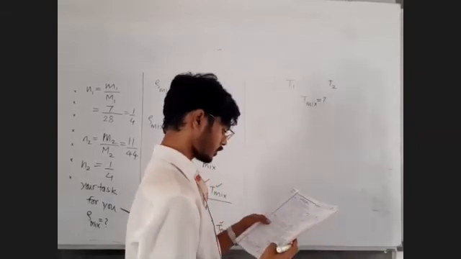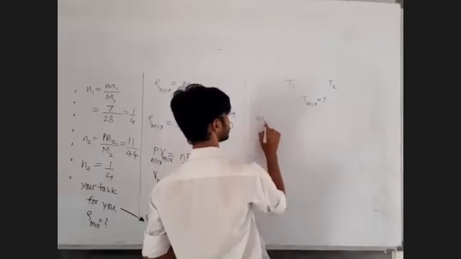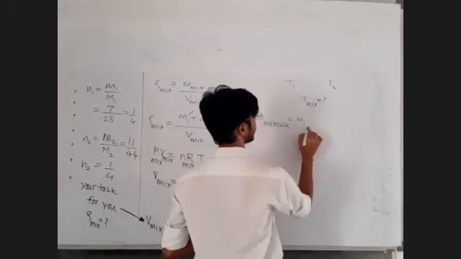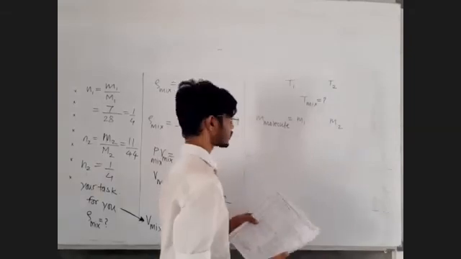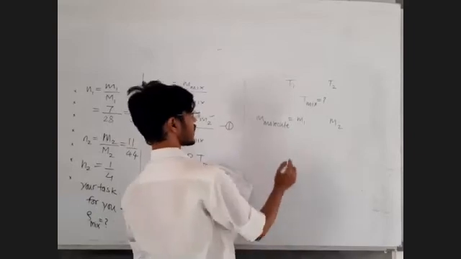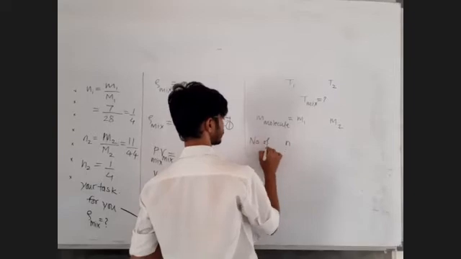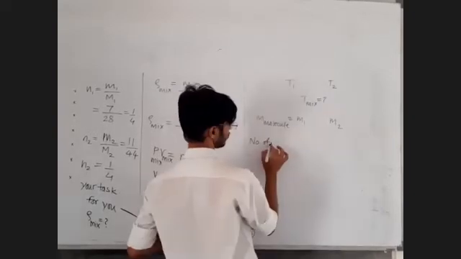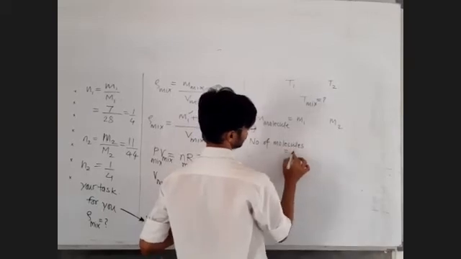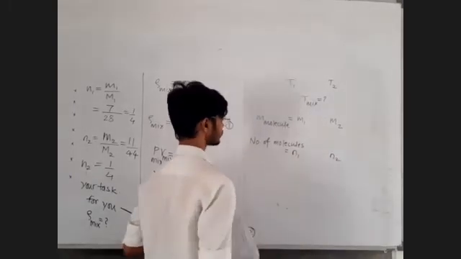Find temperature of the mixture if the masses of the molecules are m1 and m2 and the number of molecules in the gases are n1 and n2. Now see, notations used are somewhat different. Number of molecules, in the first case it is n1. It's not number of moles directly, it is number of molecules we are given, n1 and n2.